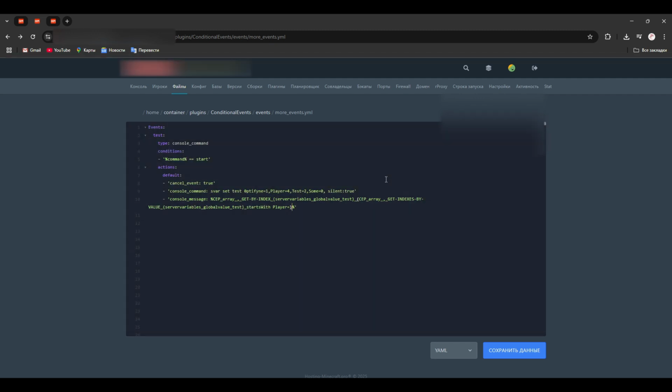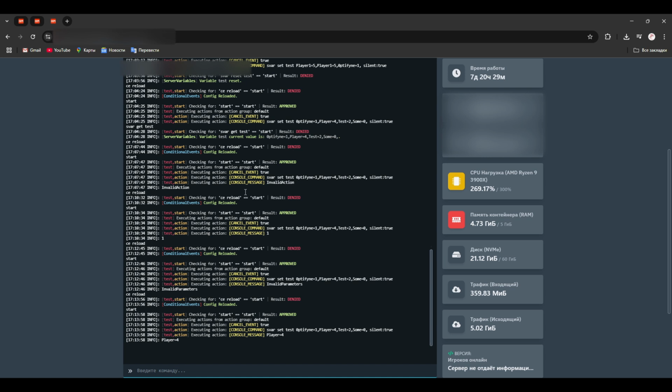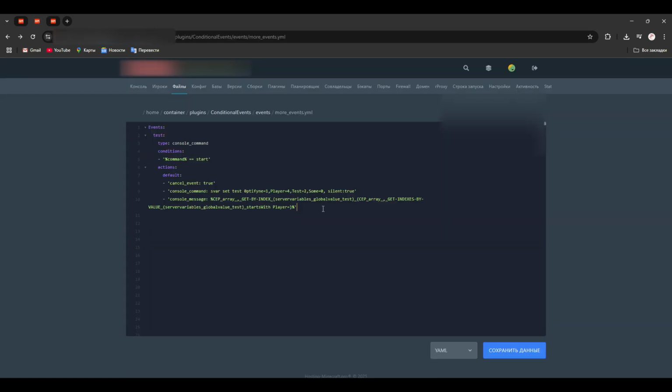Do not forget, for these operations, that is placeholders inside placeholders and so on, to enable the variable replacement option in the conditional events configuration, that is config.yaml. So it will return to us a value by the specified index. Let's see. Yes, player equals 4.